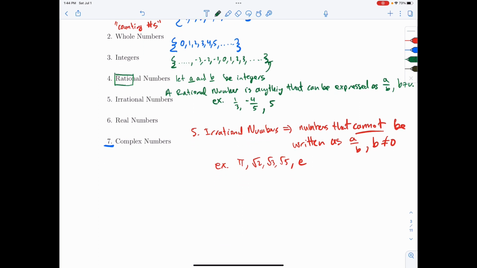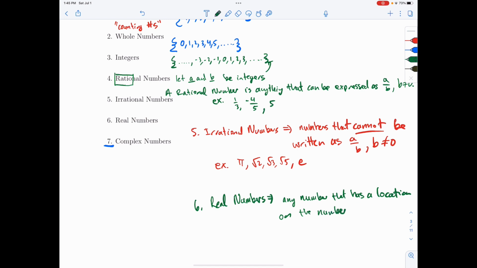All right. Then we get to the real numbers. One way I like to explain the real numbers, and this is probably not a very technical definition, is that a real number is any number that has a location on the number line. So looking at the number line,